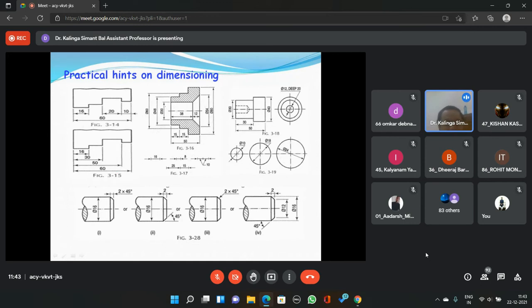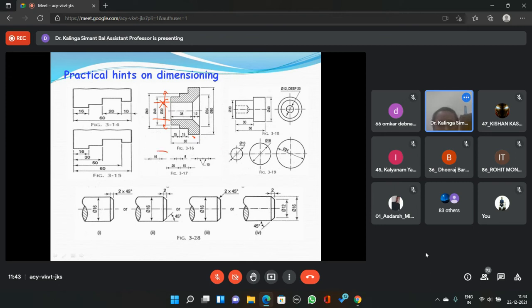Similarly, with this dimension, always go from smaller to bigger. Smaller first, not the bigger one, then the smaller one, then this one. Because in that process, you will cross this one. For example, if I am representing the bigger one here, the other lines will have to cross this one. Otherwise, you cannot show this one. So this is avoided, and care has to be taken while we represent the dimensioning. Also here you can see the repetition of dimensions is avoided. 15, 15, it will be 50 minus this 30, this will be 20. Similarly, this one is represented by a leader line. So these are very much important.